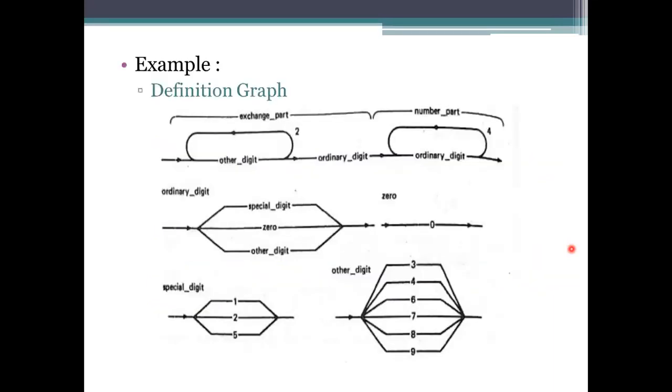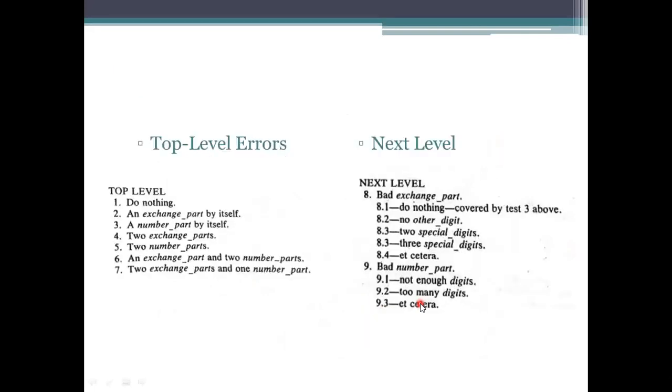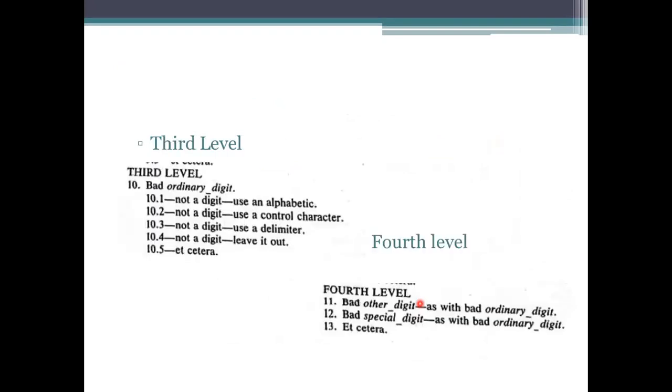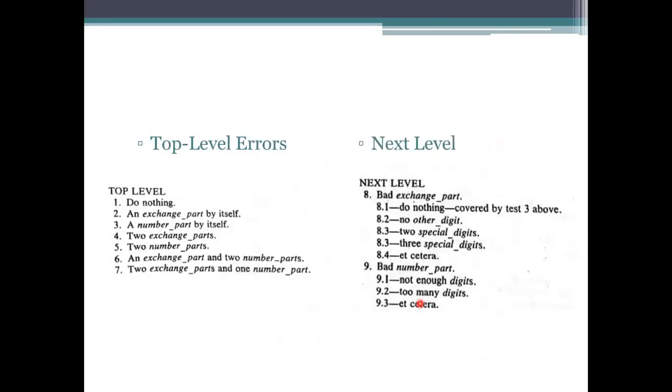And we have seen this definition graph also. This is the normal one, and at the last we have seen the simplified one also, and we have the definitions for each and every one. We provided the errors here: first 1 level, next 2 levels, then 3, and the 4th level. At the first level we use the same syntax, and we provide the grammar as mentioned for processing this new phone number as a wrong one.